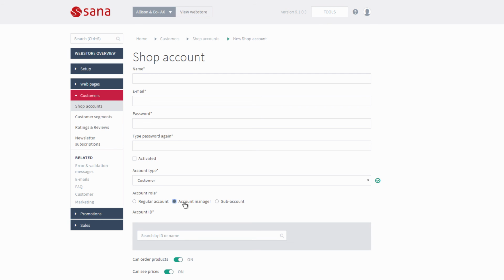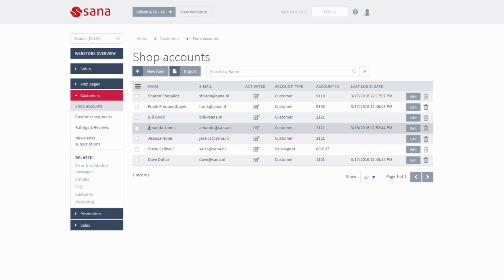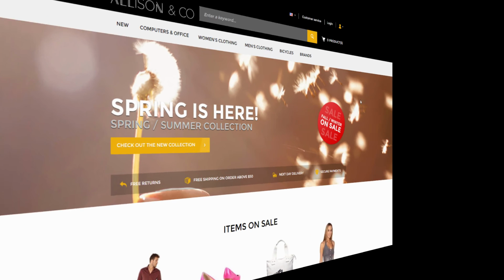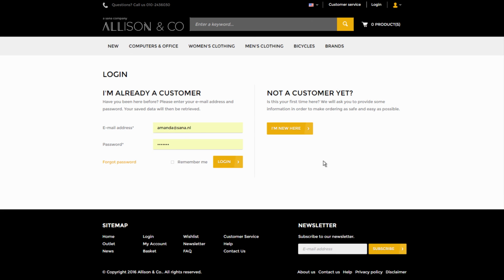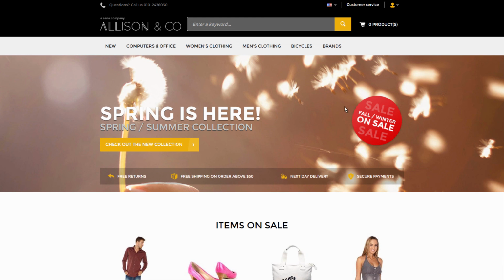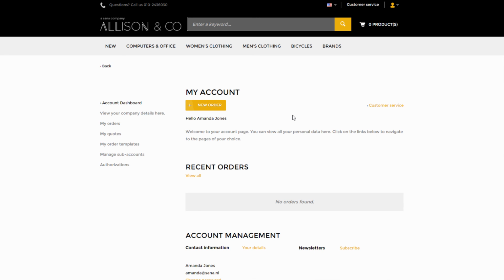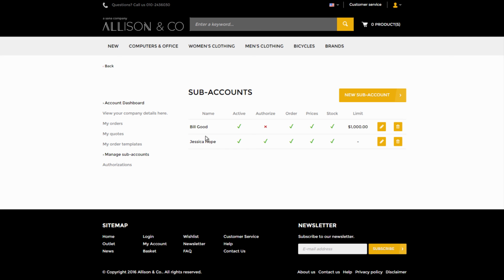Webstore administrator can create a shop account in Sana Admin for a business customer with the account manager role. Account manager, in his or her turn, can create and manage his or her sub-accounts directly in the Webstore. So here for this demo, I have a shop account with the account manager role. And now let's log in the Webstore with this account. In the Webstore, from the My Accounts page, the account manager can create and manage his or her sub-accounts. Well, for this demo, I have already created a few sub-accounts, but I will still show you how to create